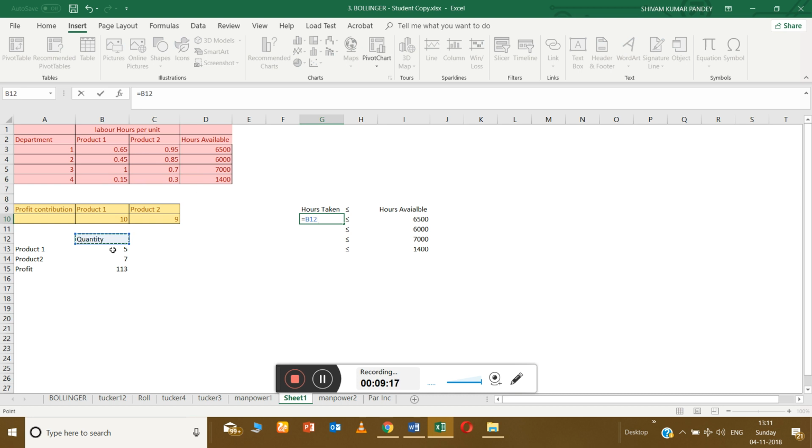First one is your 5 into 0.65 plus 7 into 0.95, 9.95 hours taken, now equal to 5 into 0.45 plus 7 into